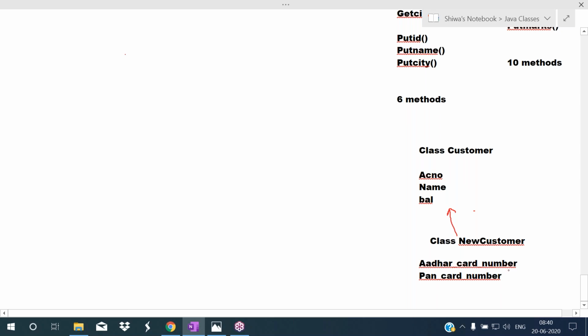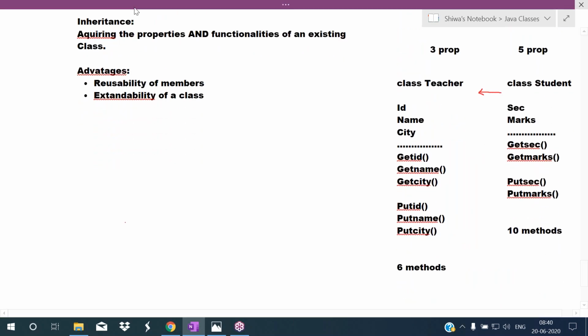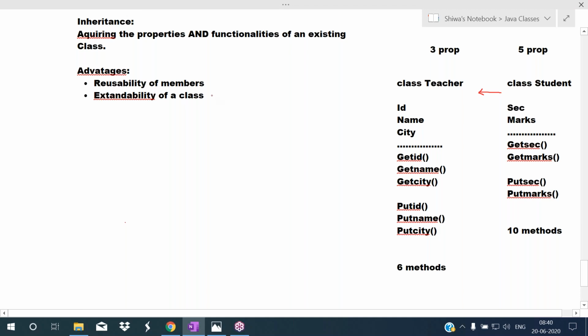Now this child class has the properties and functionalities of the parent class. Acquiring the properties and functionalities of the parent class is called what? Inheritance.